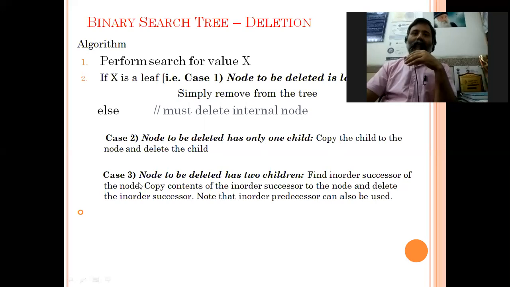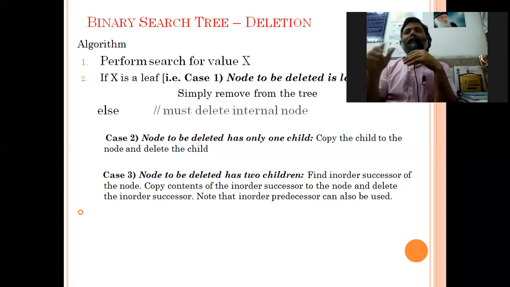Now case 3: the node to be deleted has two children. If the node we want to delete has two children, find the in order successor of the node. In that case, we have to find the in order traversal sequence of that subtree.